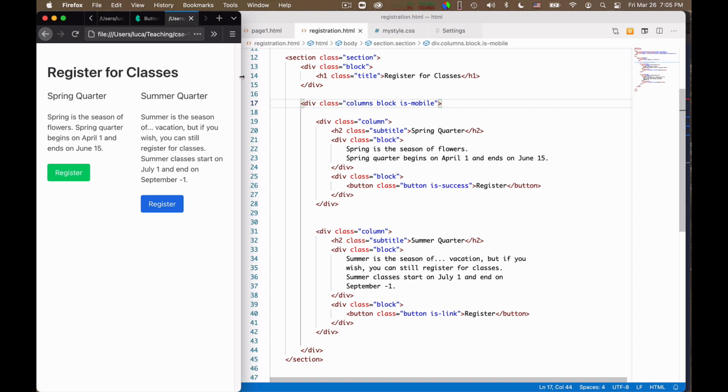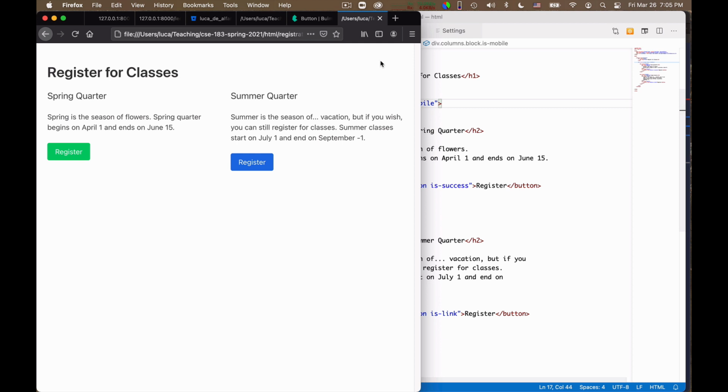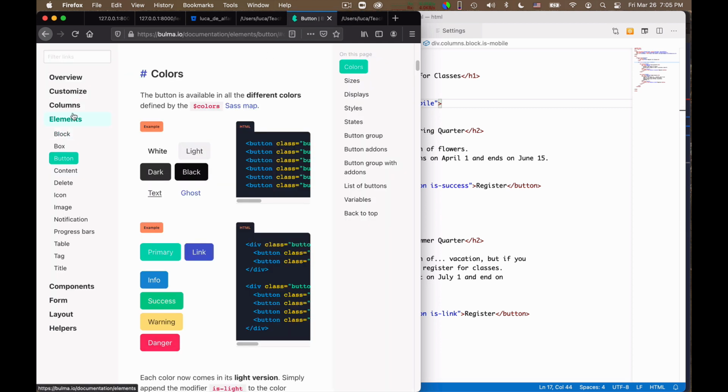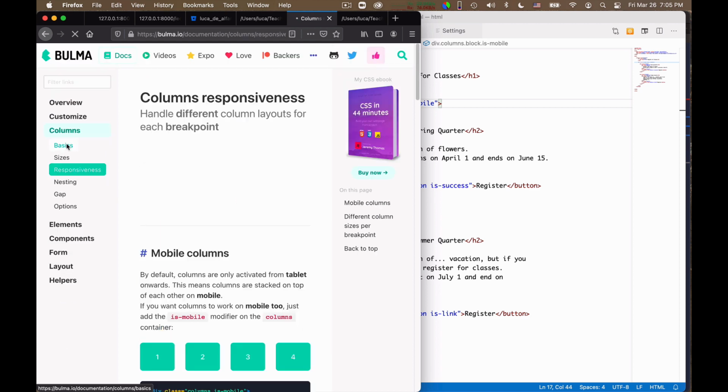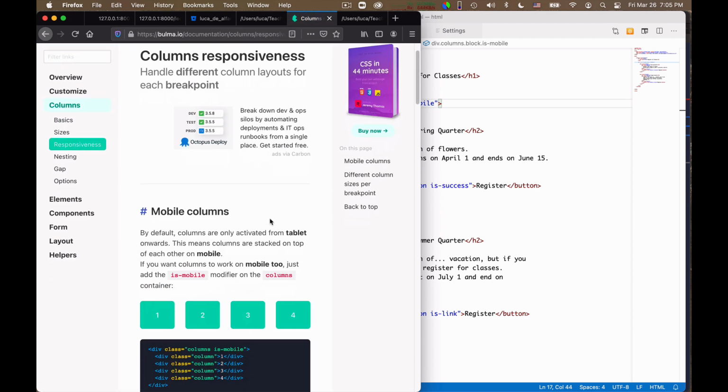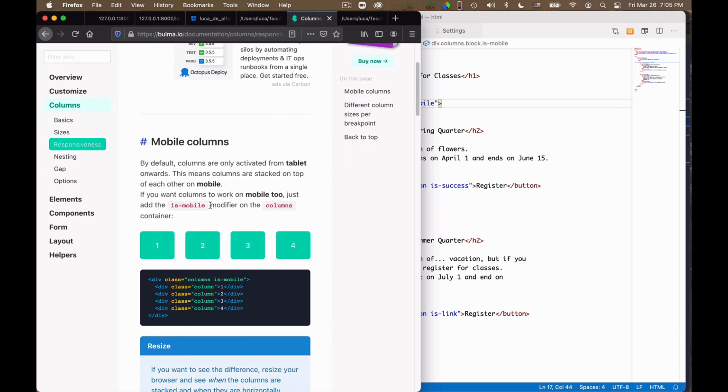And this is also documented in the columns. So if you go here and look at the columns, and you look at responsiveness, this attribute is mobile is described. So in short, this gives you a very rough overview of how to build a web page.